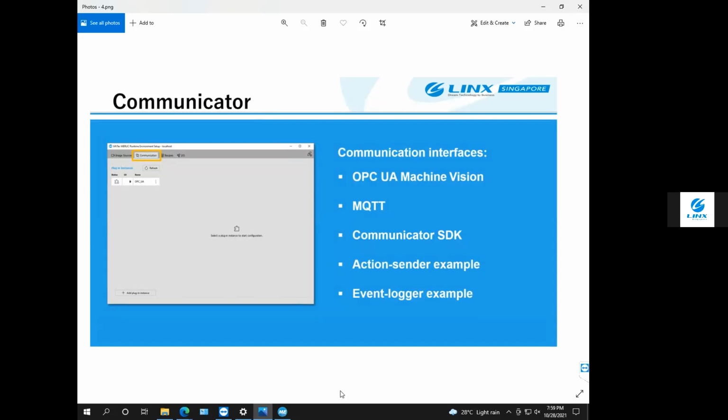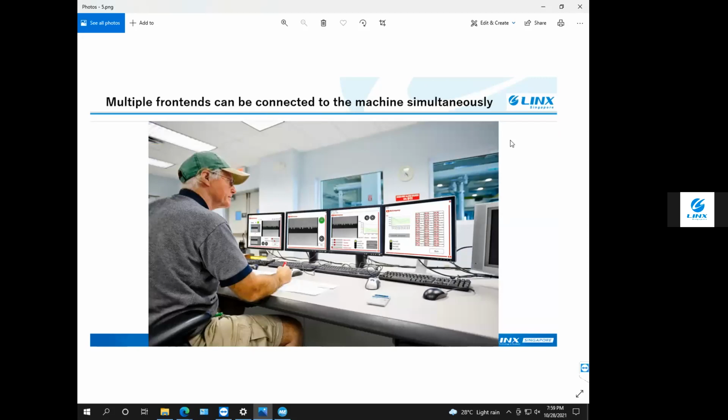The communication protocols available in Merlik enables the user to connect with a remote device and send control signals to the devices based on the decisions made from the image processing. Multiple front ends can be connected to the Merlik application, making it easier to visualize and control the operations of the complete plant, and the customer can monitor their whole plant from one place and do not have to go to the production floor.